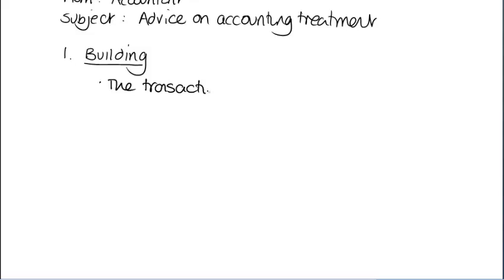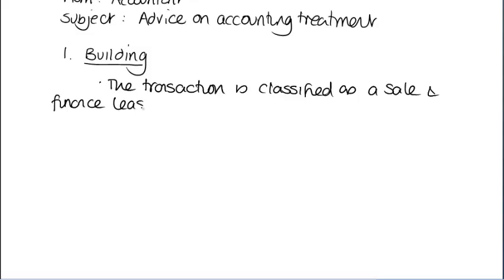The transaction is classified as a sale and finance leaseback because, and by now you're learning that I want to use the word because as often as I can. It's going to force the whats into whys. Why is that the case? Because, firstly,